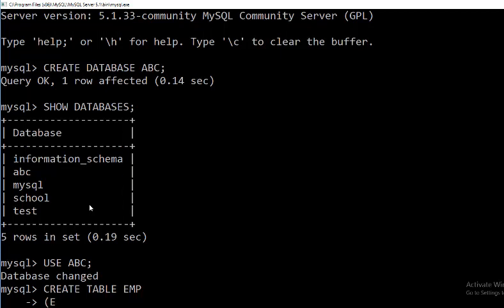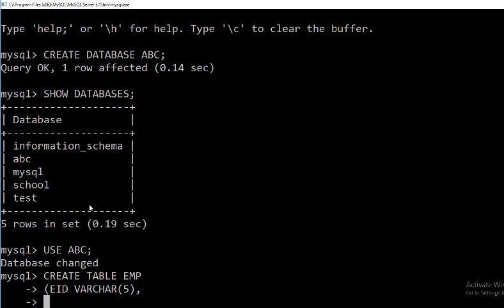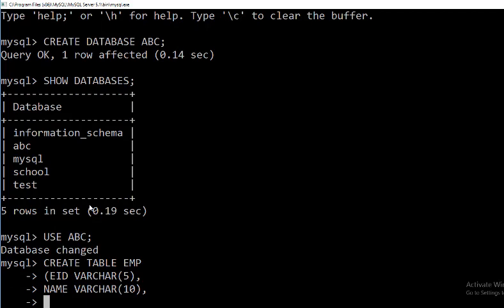Now the first column, suppose you want to take EID or EMP ID, and I want varchar or char of size, let us take 5. We can use a primary key constraint here, or we can apply the constraint afterwards also. So next, name, varchar, let it be of 10 characters, and next date of join, let it be DOJ of date type.